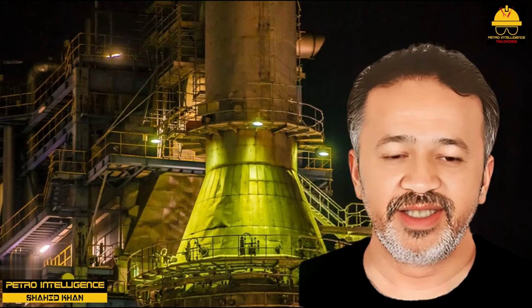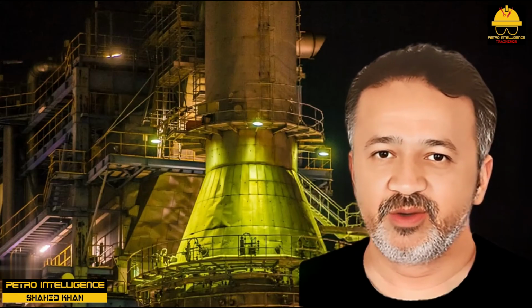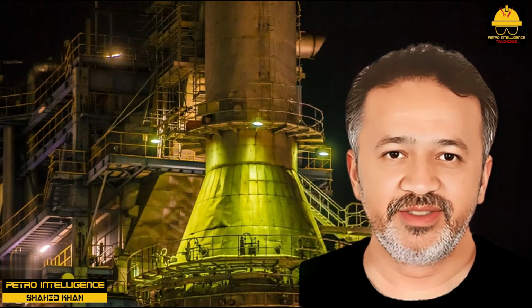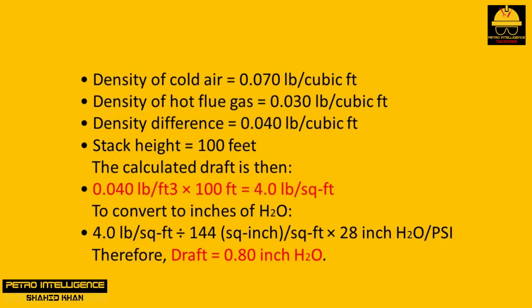Draft induced by density difference. Draft is mainly due to the density difference between the hot flue gas and the ambient air. Draft is also a function of the height of the stack. For example, density of cold air equals 0.070 pounds per cubic foot. Density of hot flue gas equals 0.030 pounds per cubic foot. Density difference equals 0.040 pounds per cubic foot. Stack height equals 100 feet. The calculated draft is then